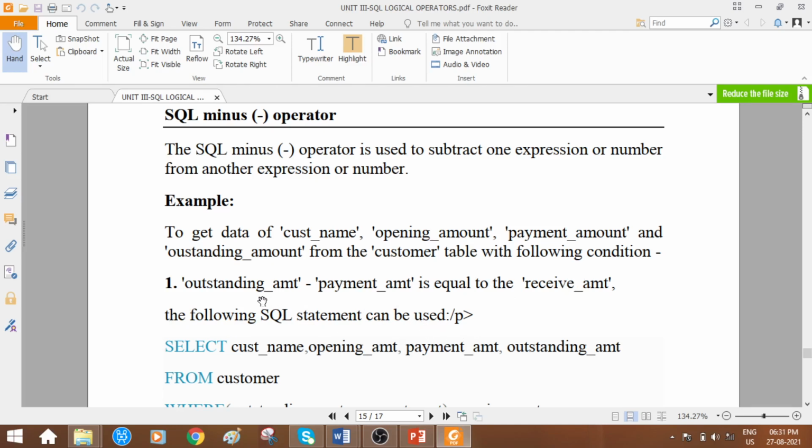So all of you understand, students, how the calculation has to be done. How is the outstanding amount calculated? Outstanding amount minus payment amount is equal to the receive amount. Okay, so this is how we can do it.